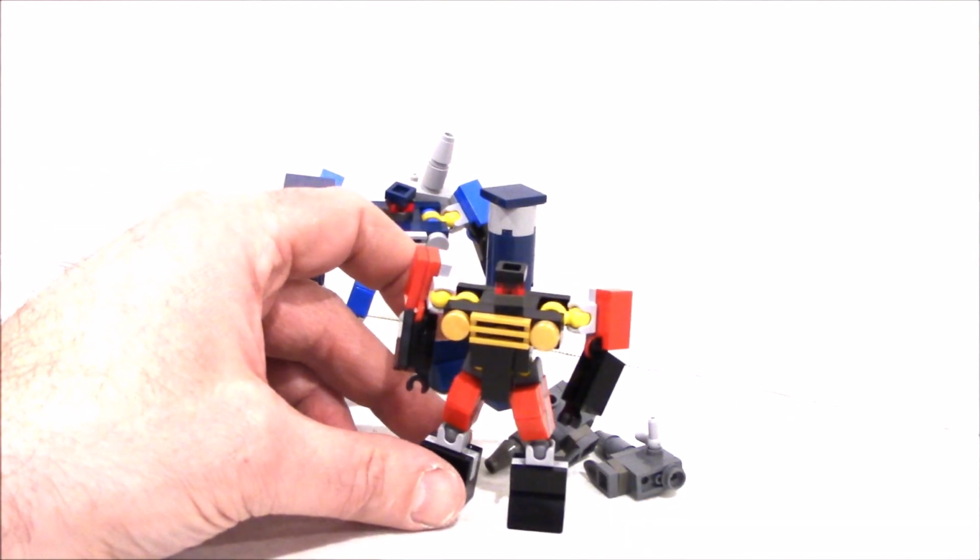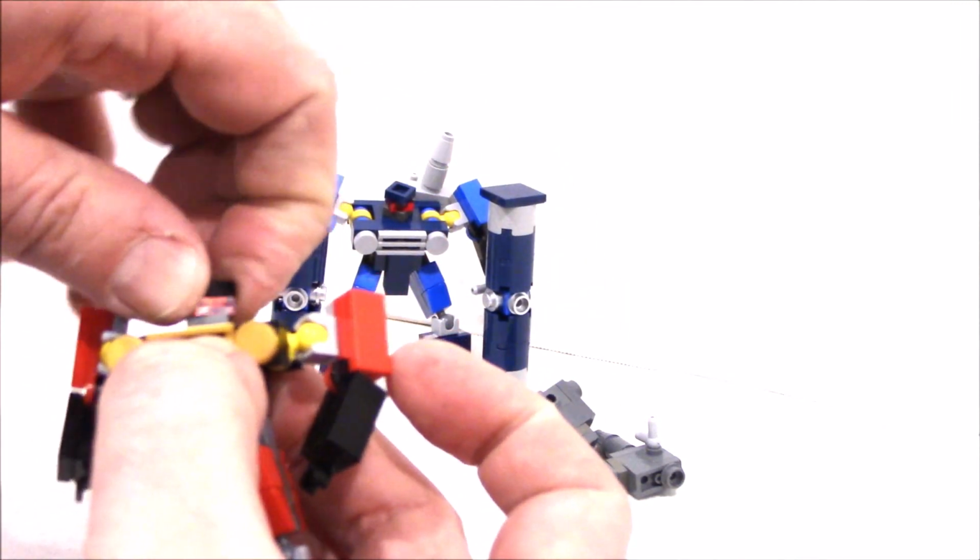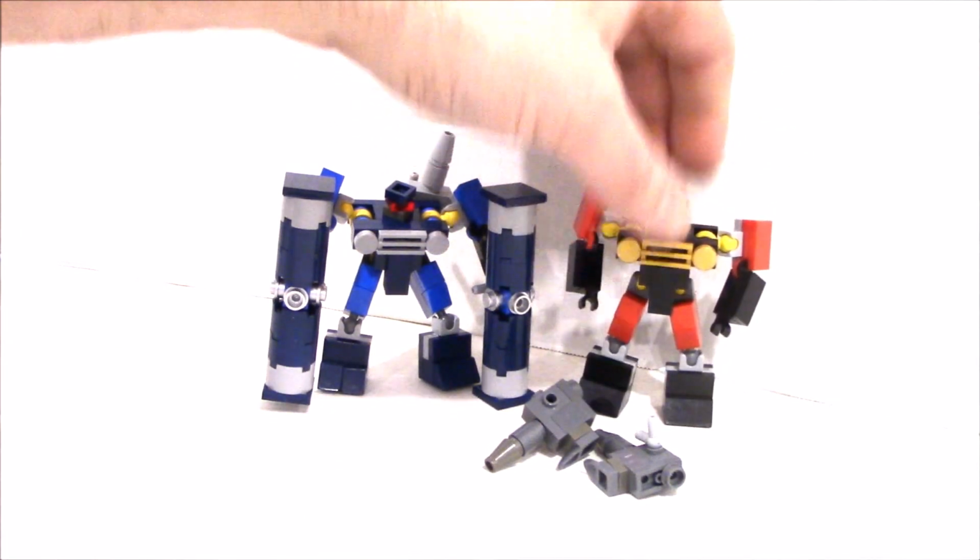But there you go. Again, happy building, everyone. Hope you enjoy these little guys. I enjoy building them as well. They're really fun, and they're really